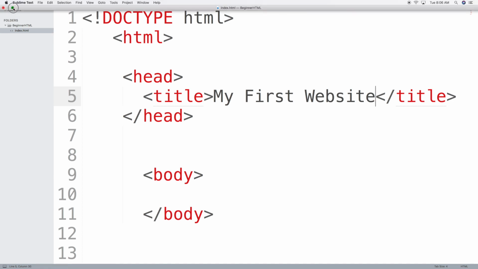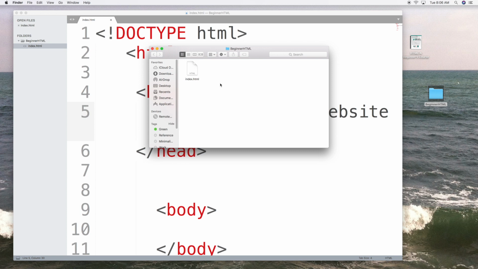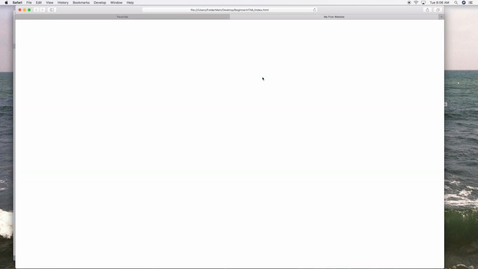I'm going to minimize this. If we go to our beginner HTML folder, we'll notice that we have our index.html document right in this folder. And what we can do is right click on it and open it in Safari or whatever your default browser is. And what you'll see is that there's nothing in the website here, but this